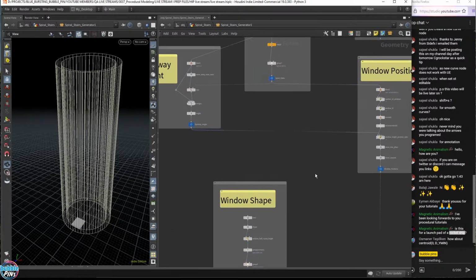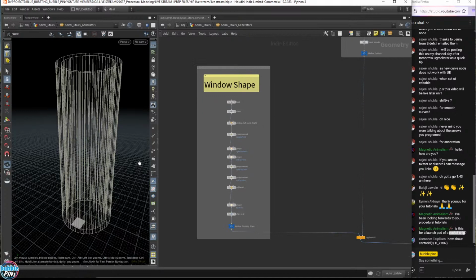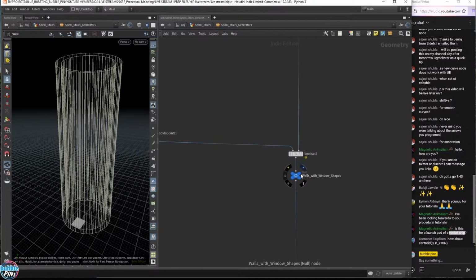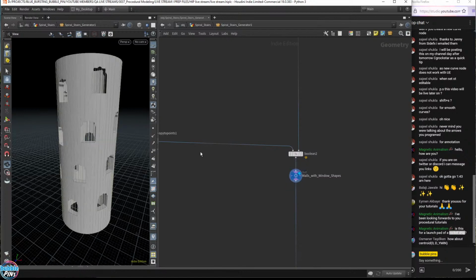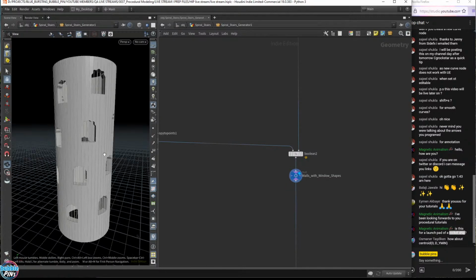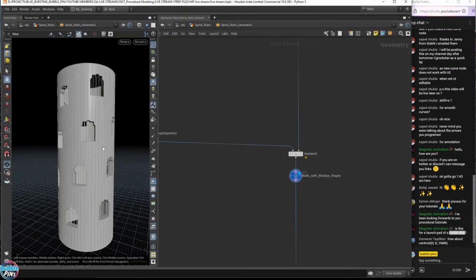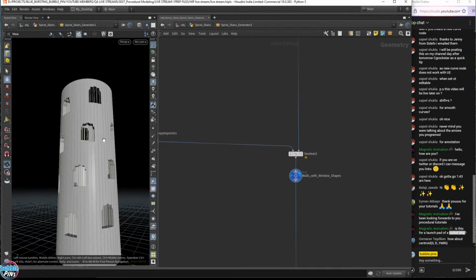There are windows that I created in the wall. Just trying to find it. Walls with window shapes. There you go. So there are these windows. Now these windows are not randomly placed. They're placed with intention that if you port this over to